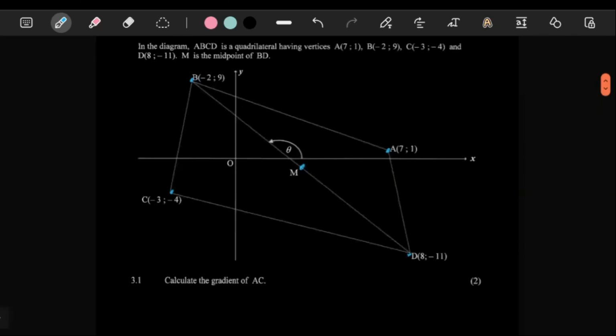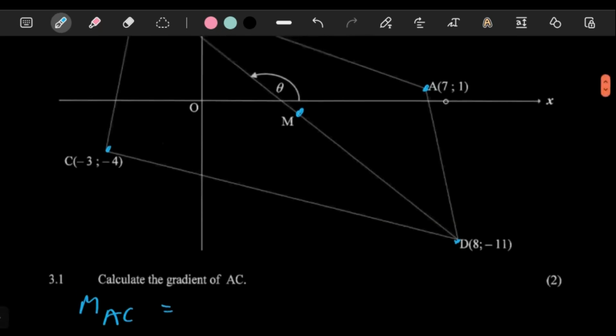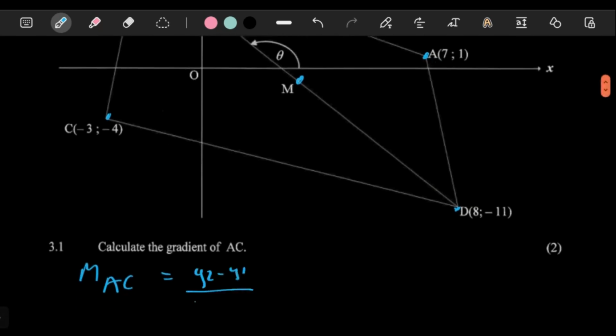Okay. Calculate the gradient of AC. Really now? Gradient of AC? Come on, bro. What you take us for? Gradient formula. So you're going to have to say here y2 minus y1 over x2 minus x1. It doesn't matter which one you make x1. So let's just say 1 minus the negative 4 there. It's going to be a plus. 7 minus the negative 3 there. It's going to be a plus. So there is going to be 5 over